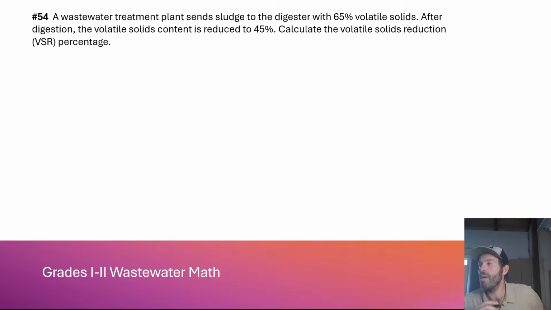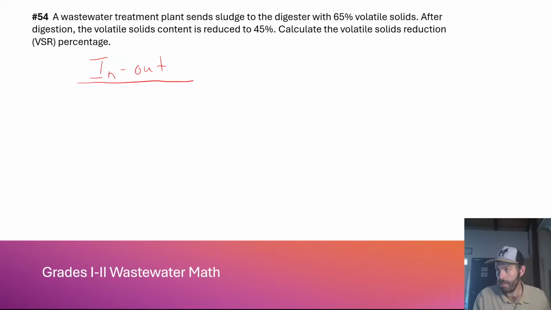Okay, this is a volatile solids reduction calculation. We do not use the percent removal on this one. All right, a wastewater treatment plant sends sludge to a digester with 65% volatile solids. After digestion, the volatile solids content is reduced to 45%. Calculate the volatile solids reduction percentage. Okay, so this equation is in minus out divided by in